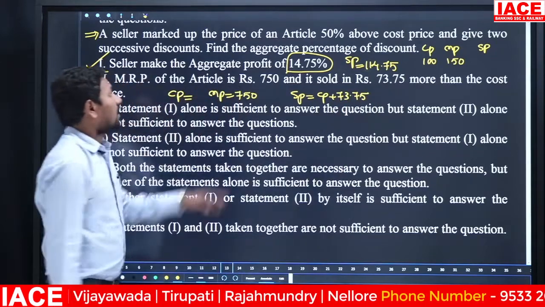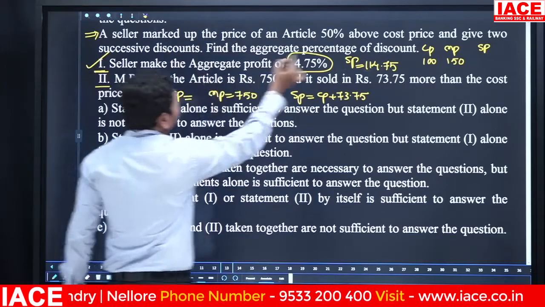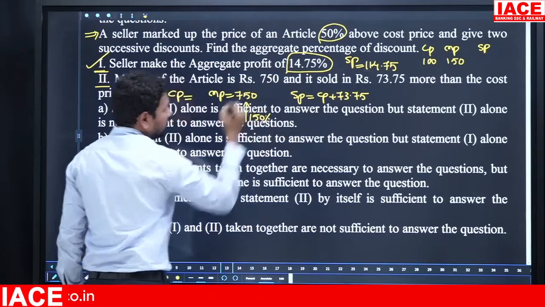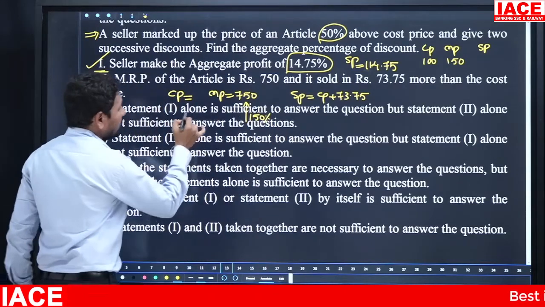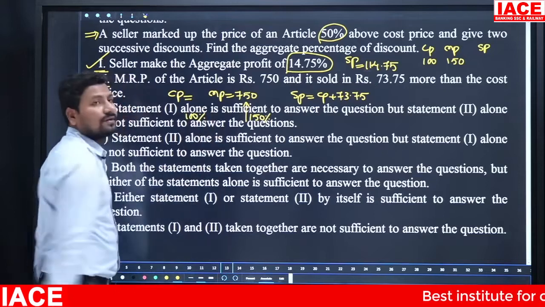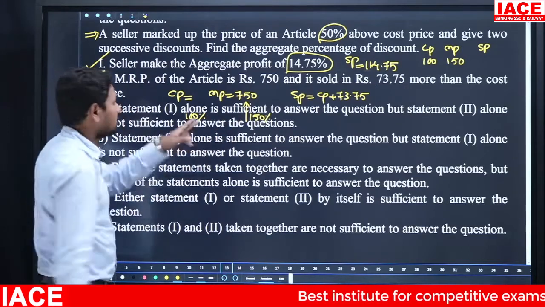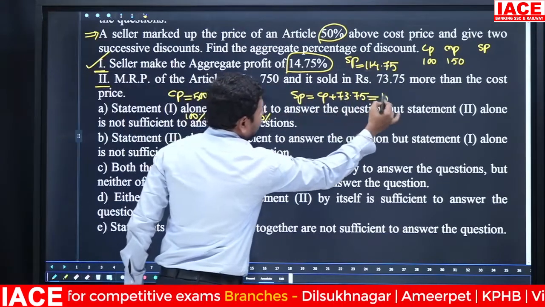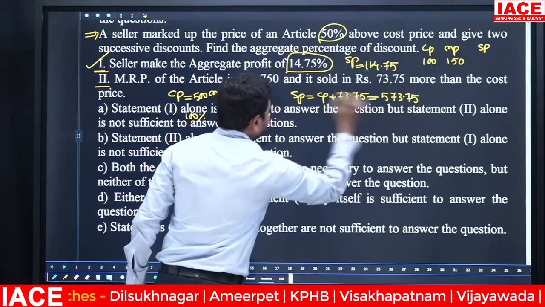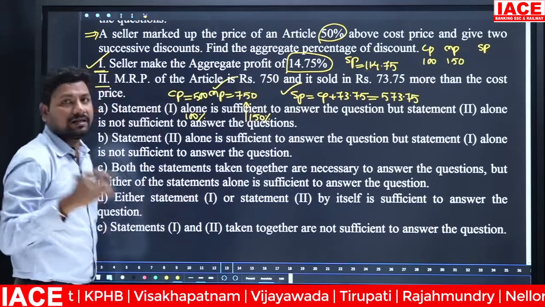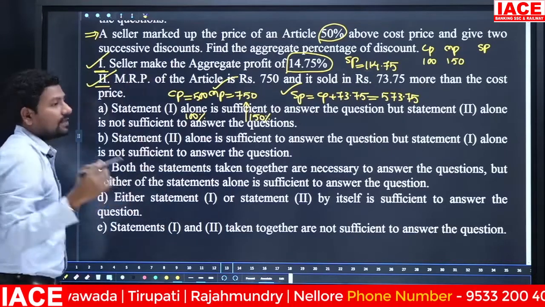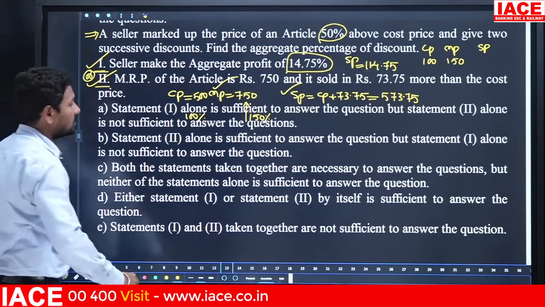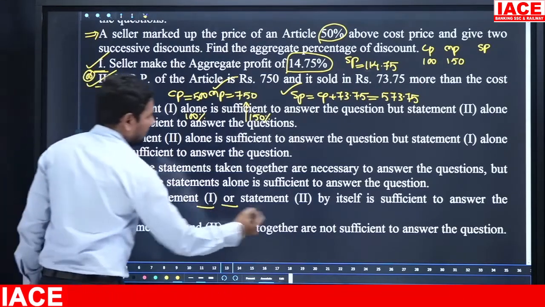Okay. Now already you know that the article is marked up by how much percentage? 50%. That means it is equal to 150%. 150% is equal to 750. 100% is equal to how much? Cost price should be always equal to 100%. 150 to 750 is 5 times, then cost price is how much rupees? 500. 500 plus 73.75, it is equal to 573.75. If you have a selling price and market price, you can easily generate the discount percentage. That means here also the statement is very clearly helpful to finding an answer. The answer is 1 or 2. Then option D, 1 or 2.